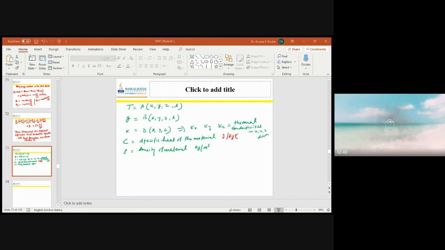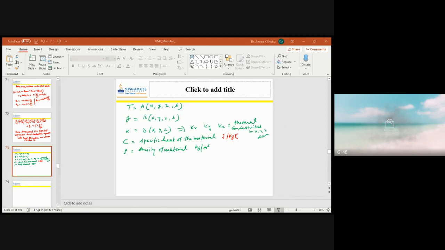Okay, so this is the generalized three-dimensional time-dependent differential heat conduction equation with heat generation and variable thermal conductivity. In this relation, there are these parameters involved,